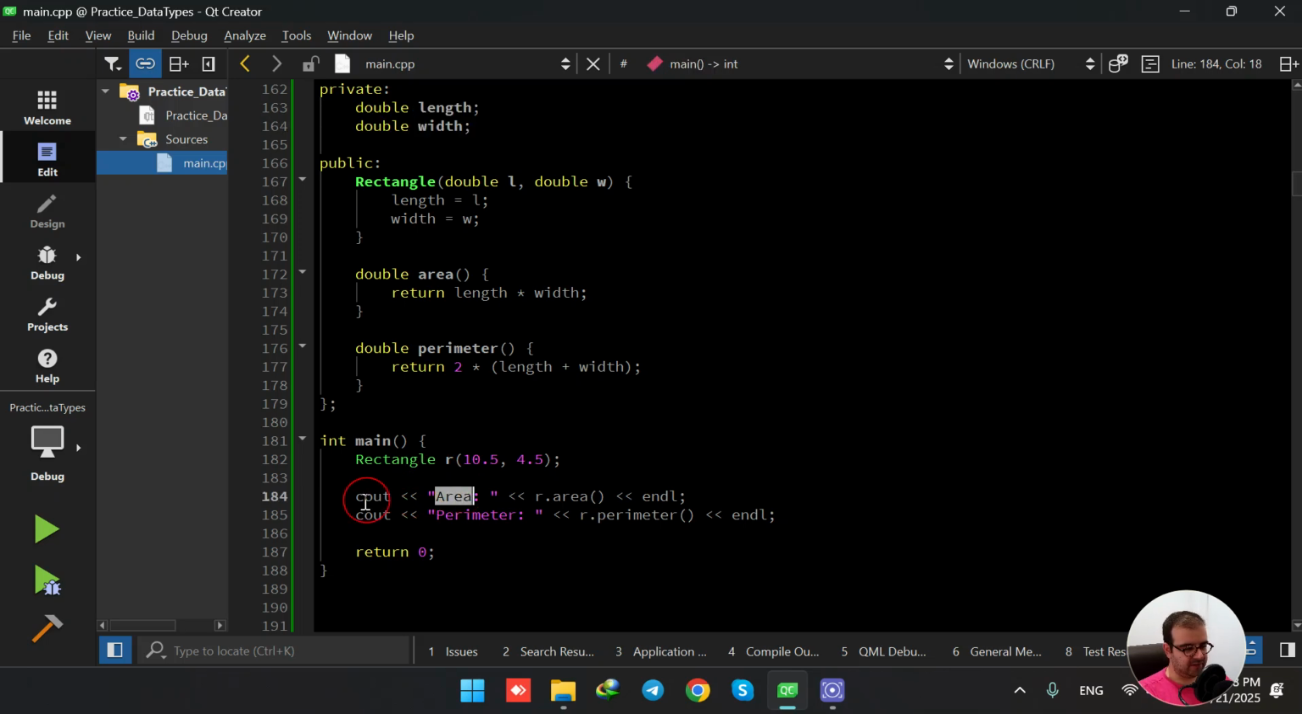Then I'm having this message in the output, so area and perimeter, and use the object R to call the area function and perimeter function here, okay? And when the area function is called, length multiplied by width, the output of this multiplication is going to be returned here and shown here. Then when I call the perimeter, it is going to calculate this for me and return the output. So when I run this code,